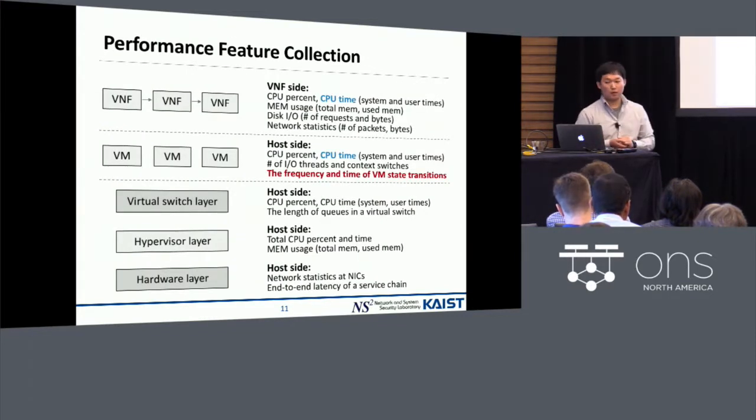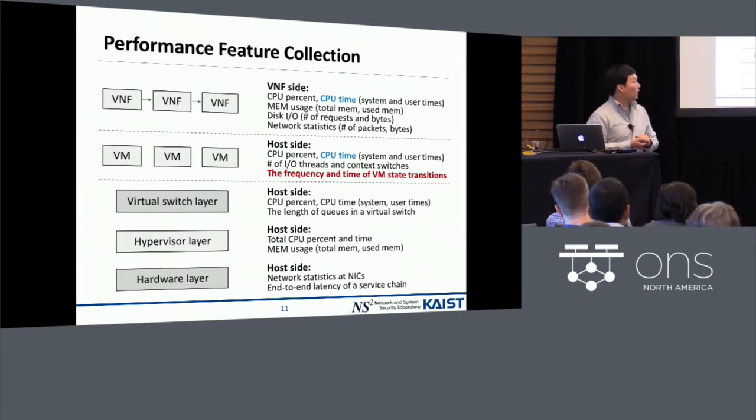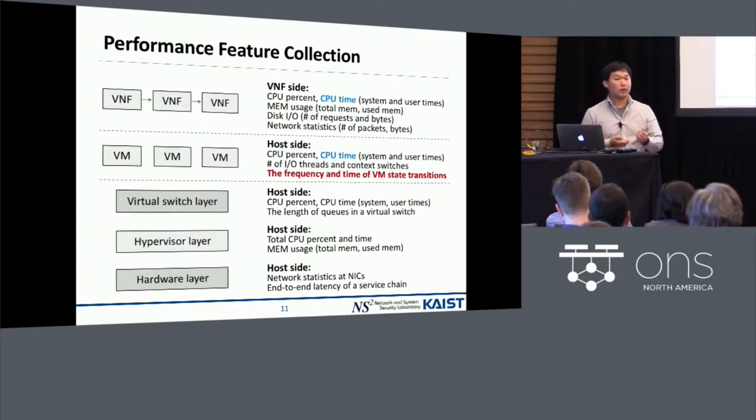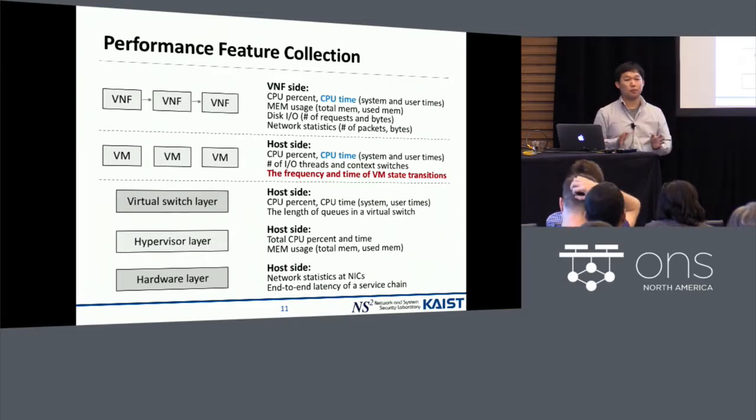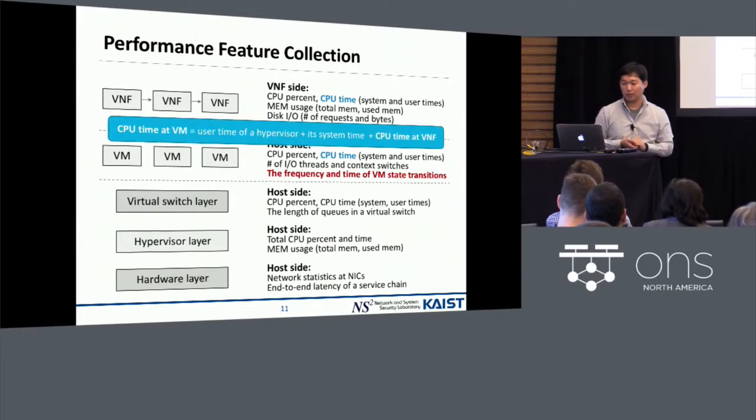As a result, with our careful analysis, we defined various performance features for each layer. And when you see these features, you may realize that some features are defined in multiple layers, like CPU time. However, those features actually have different meanings. For example, the time at VM side is theoretically the sum of the user and system